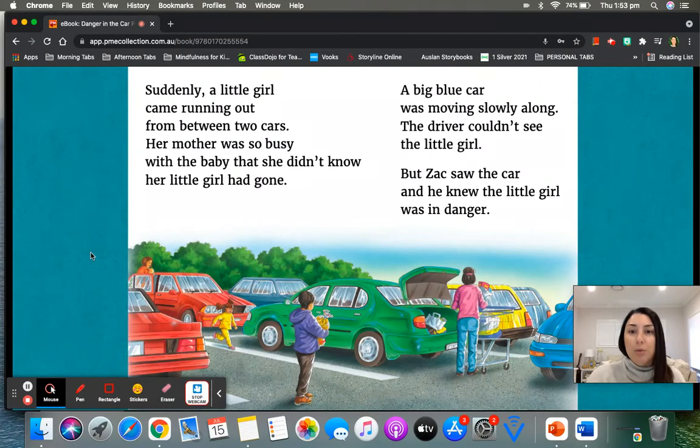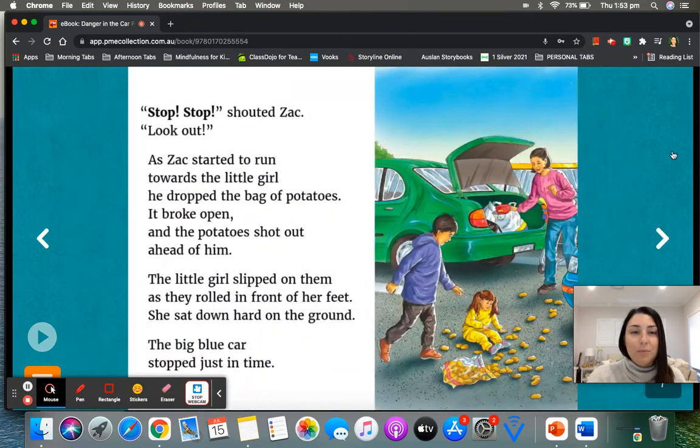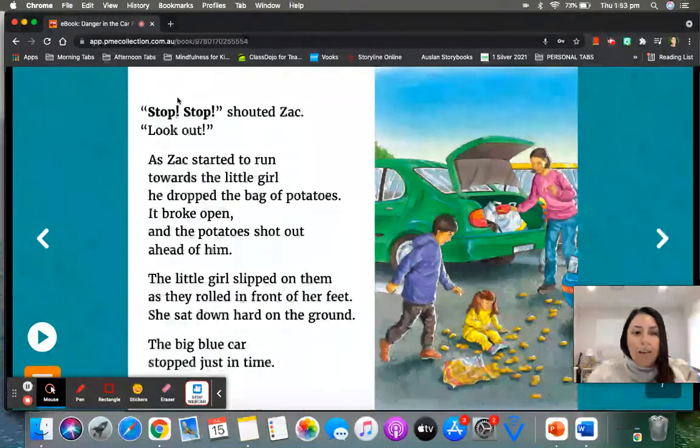A big blue car was moving slowly along. The driver couldn't see the little girl, but Zach saw the car and he knew the little girl was in danger. Can you see that big blue car all the way in the corner there? I can see three